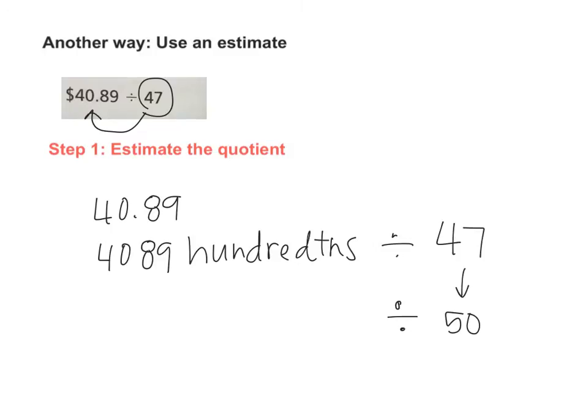And is there a number that's pretty close to 4,089 that's compatible with our divisor of 50? Jason? 5,000 is compatible, but is there a number that's also compatible that's closer? Like maybe 89 less than 4,089? Would you agree that 4,000 is closer than 5,000? Yeah. Okay, so let's do 4,000 hundredths